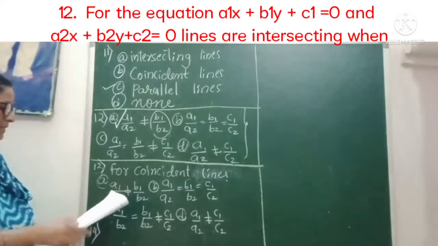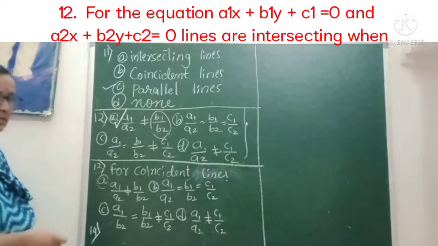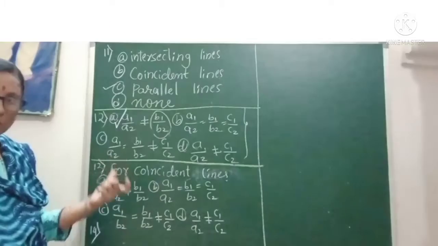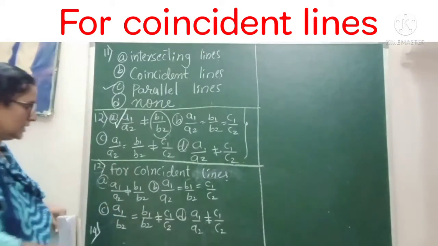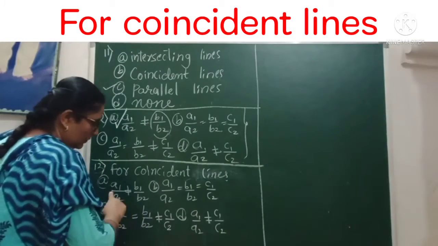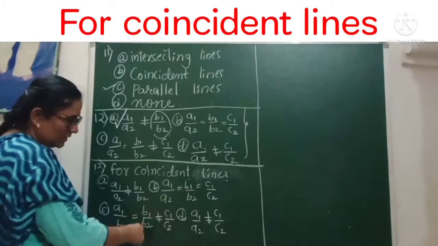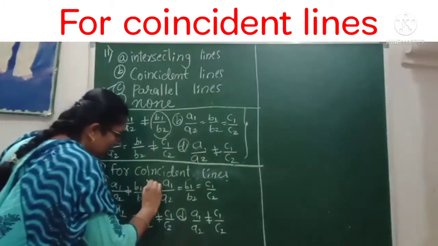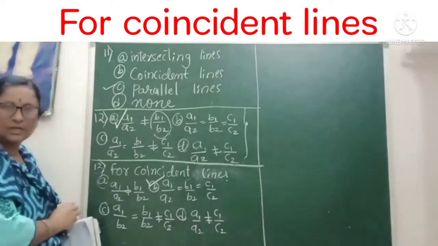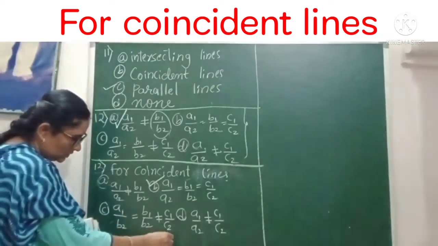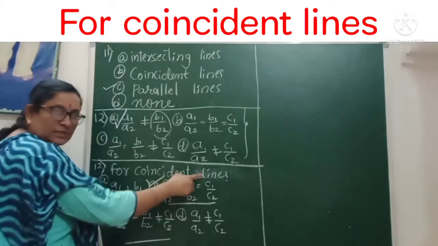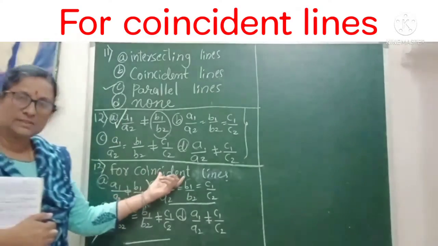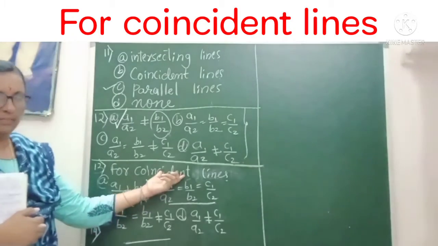Okay, now look at this one. There are coincident lines. As I told you, coincident lines mean they have many solutions. In that case, this we don't know, this we know. For that, you have these two options. Among those two, the second one is correct. Remember, you will get confused with this one also. For coincident lines, when you are given all three, if they are equal, you are going to get coincident lines. This is how you have to remember.